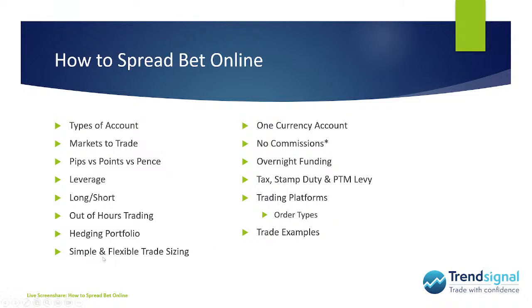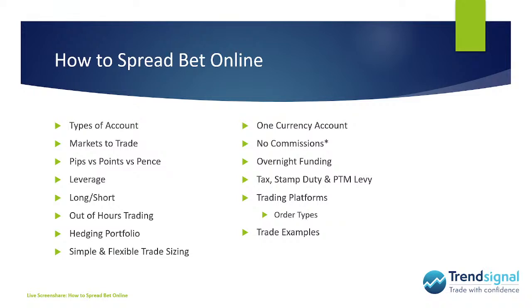Flexible trade sizing, very simple trade sizing as well. Some brokers now will allow you to trade from just 10 pence per point. That means if you had a 100 point stop loss on the trade and you're risking 10 pence per point, that's a £10 risk on the trade. That's good. It's nice and light. It means even if you're quite new to this, you don't have to risk lots and lots of money on